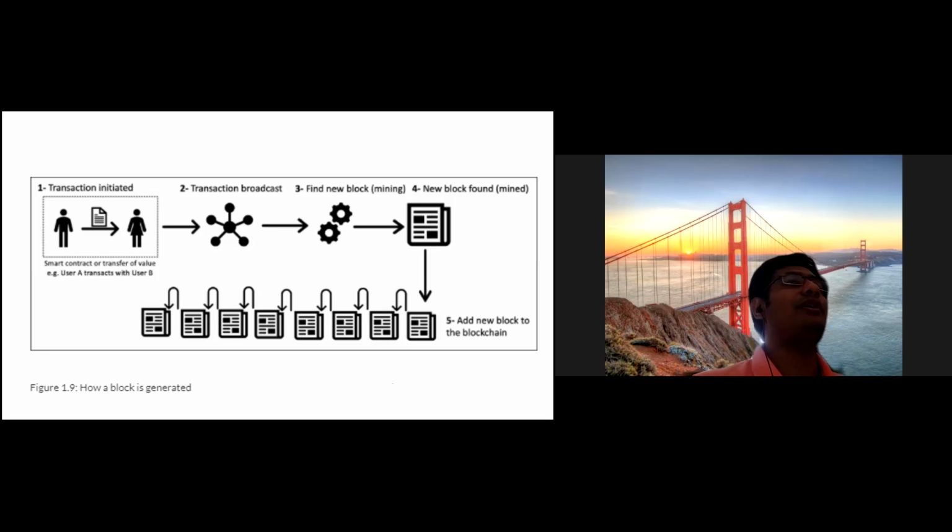Then what will happen once the transaction is broadcast, everybody is agreeing, like they do the meeting, for example, like we do the meeting in a way, everybody will get agreeing, and then after everybody agrees, they will generate a new block, right? Once the new block is found, it will be added to the blockchain, right? So it's a very simple visualization of the transaction process happening in the blockchain.